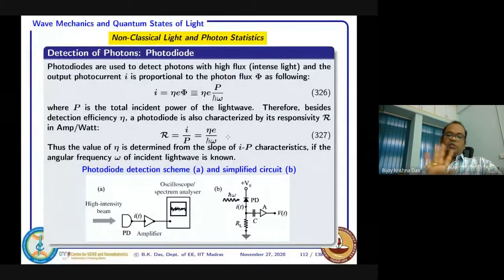So now with this background, let me see how a photodetector normally can be used for detection and what the sources of noise can be. So this is actually the case. This is your photodetector. It is basically a PN junction diode. When I say photodiode, that means nothing but a PN junction.